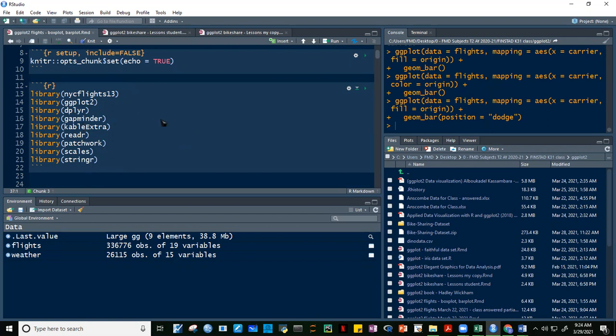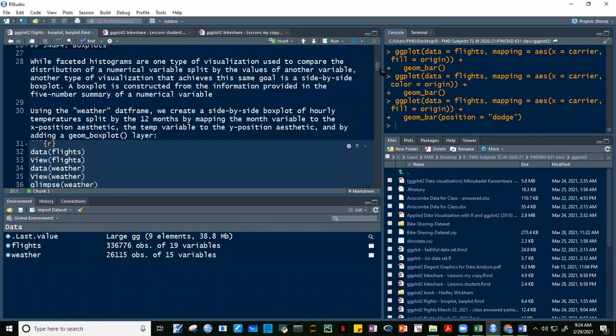The others, guys, most probably we're not going to make use of today, but in the next sessions, we're going to heavily use gapminder, because for the past sessions, we have been using NYC flights 13. But in the next sessions, we're going to use another data set, which is gapminder. Okay, I hope you have loaded these packages. And then, okay,